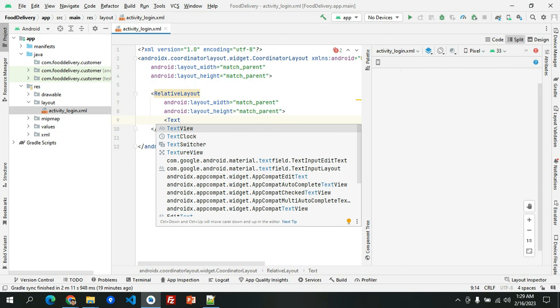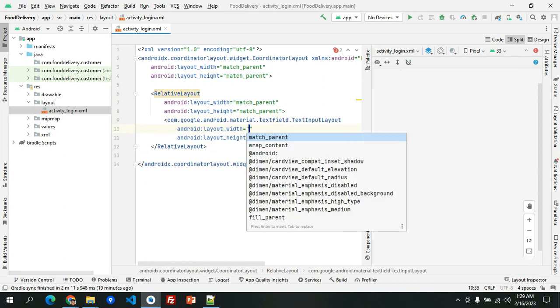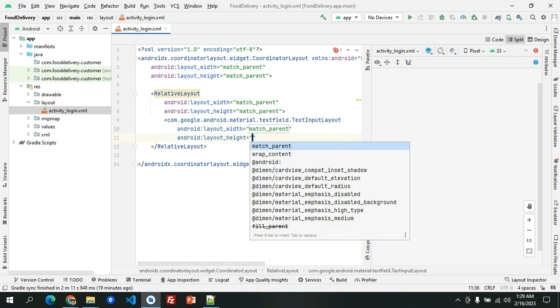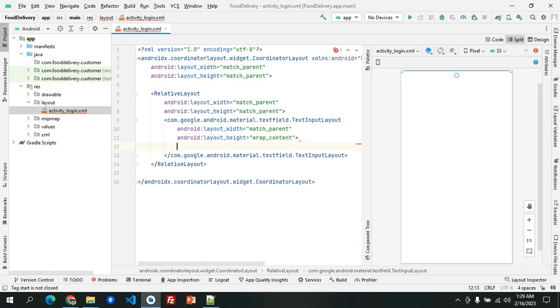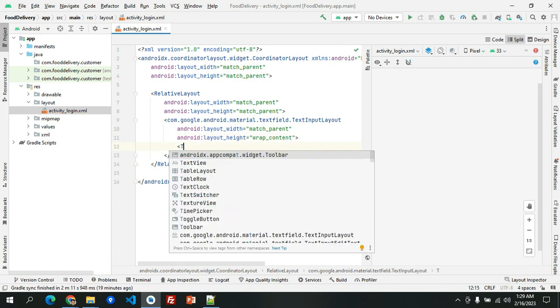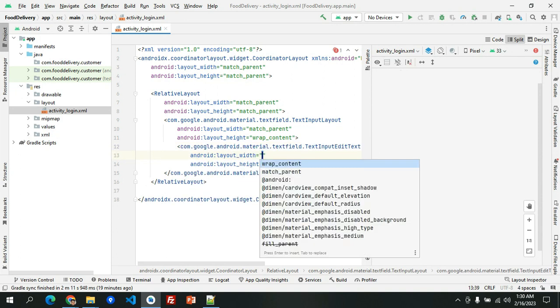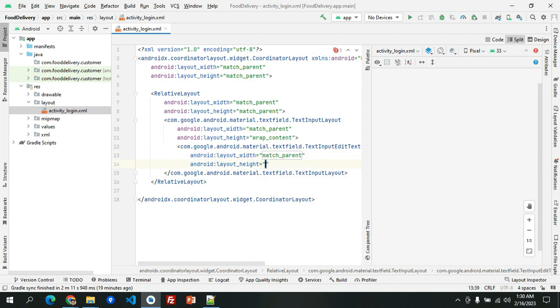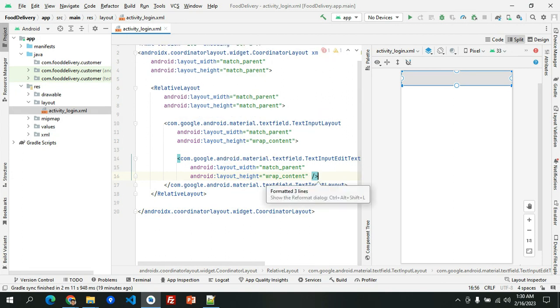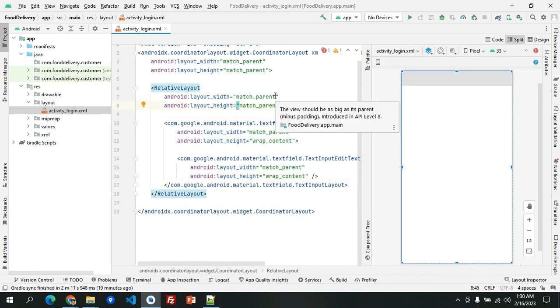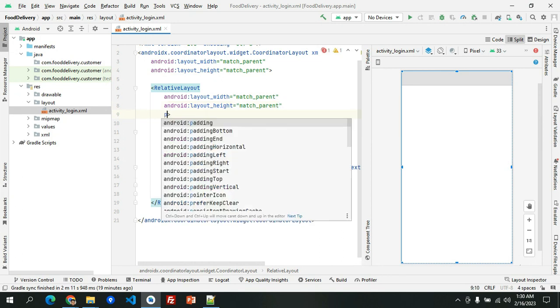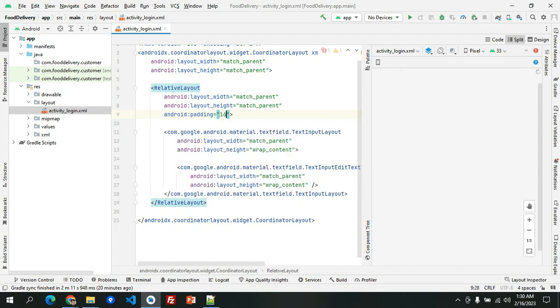And then we'll be using the text input layout, and the width is match parent, then wrap content for the height, and then the edit text would be the text input edit text. Inside the layout, you'll have the width as match parent and wrap content as well. Then Control Alt L, format your elements, and then we'll have the root, the relative layout, having a padding of 16 dp,